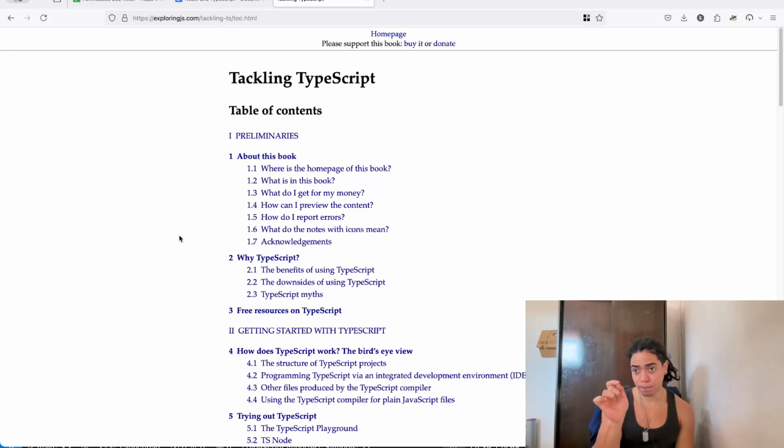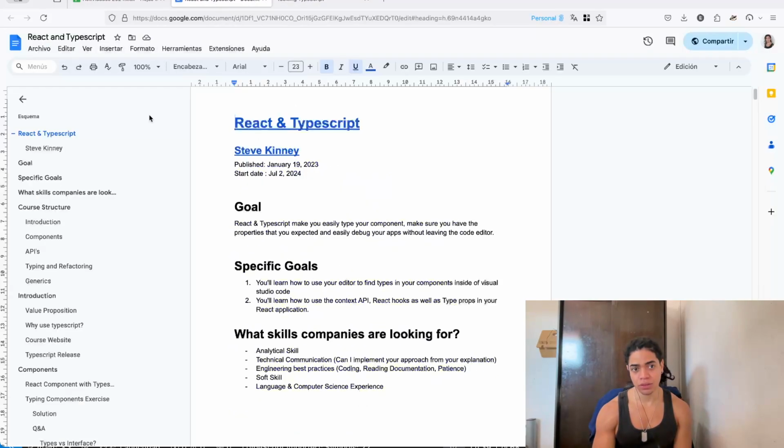But that is per file. If you want to know how the structure is, or if your entire TypeScript code base is well written, you use the TypeScript compiler. But the subtle difference here is to understand what's going on behind the scenes, especially when you're using Visual Studio Code, as a way to understand the benefits